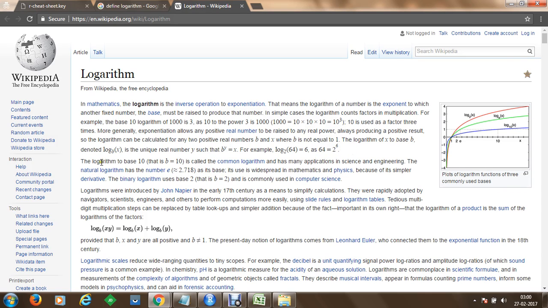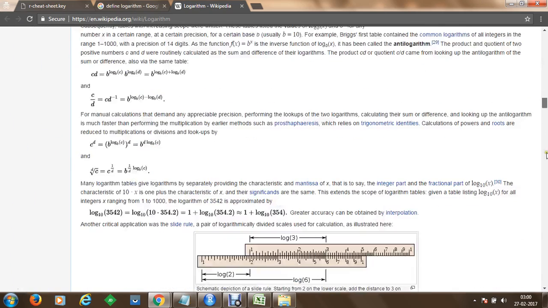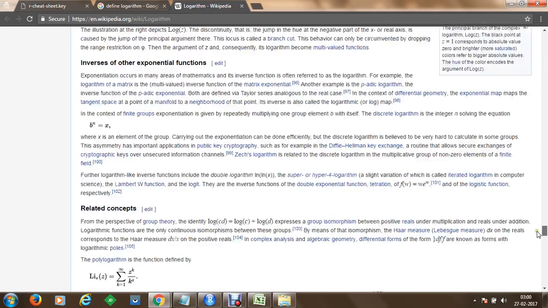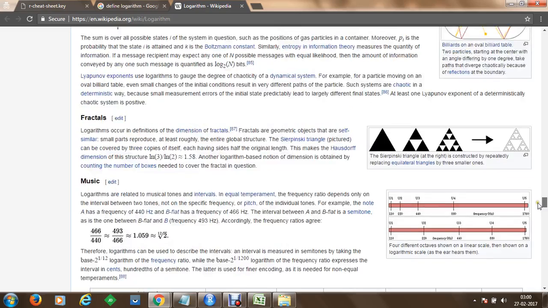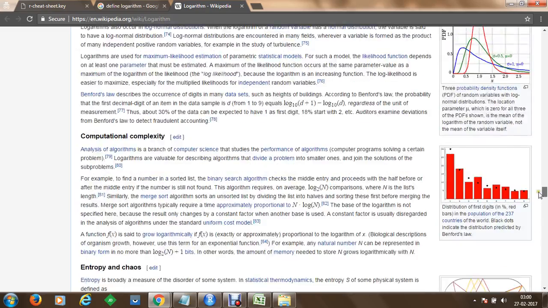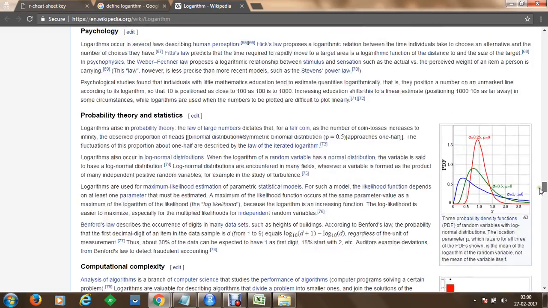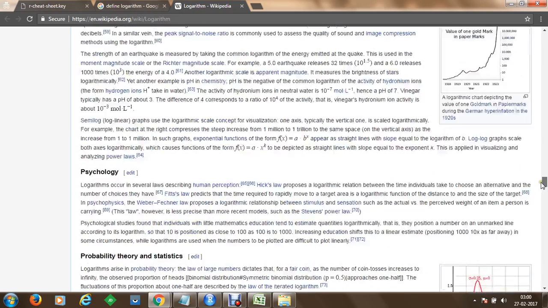Basically, logarithms which compute base 10 are called common logarithms, and we can go for binary logarithms and other logarithms as well. Some of the common applications of logarithms are identified, wherein you can perform analysis on the algorithms which have the capacity to distribute a large problem into small problems and then patch it up.